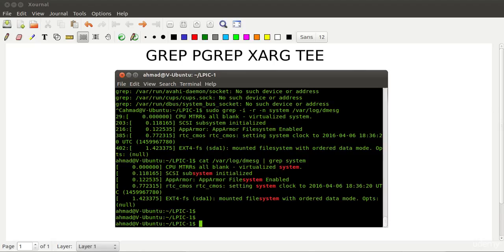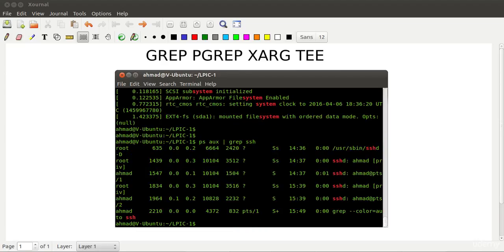Now I know on this system the SSH service is running, and I want to see what the process ID of that SSH service is. One way to do that is if I type in ps aux and then grep the string of that process, I see that the SSH daemon service is running and its process ID is